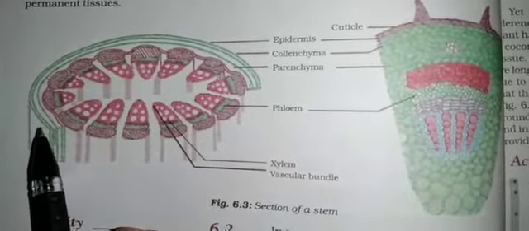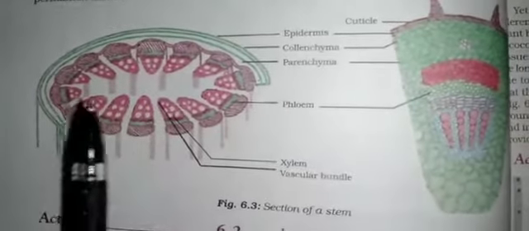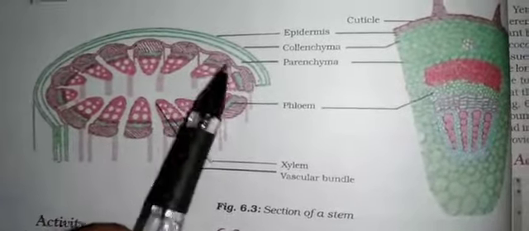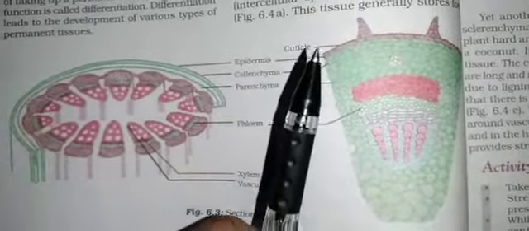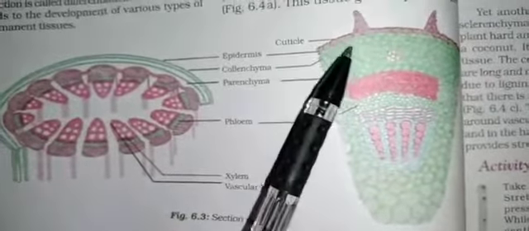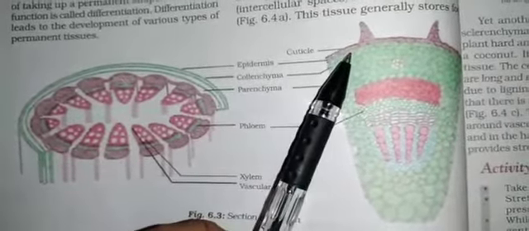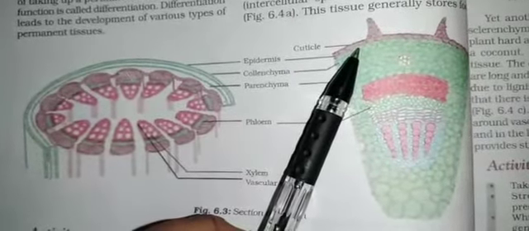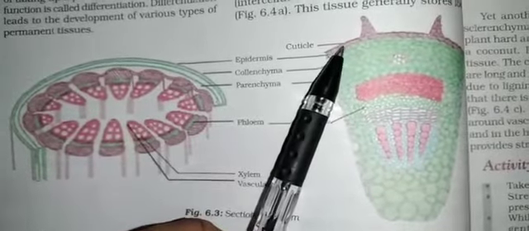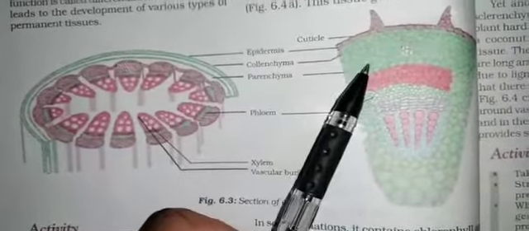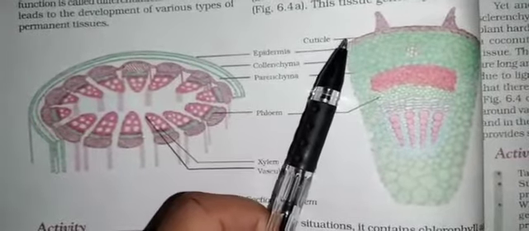So this is the outer covering of a plant, right? It protects all the parts of the plant. The epidermis protects all the parts inside. So epidermal cells on the aerial parts of the plant often secrete a waxy coat or a water resistant layer on the outer surface. This aids in protection against the loss of water. So this cuticle is nothing but a waxy layer. It is a resistant layer on the outer surface. This aids in protection against the loss of water and mechanical injury.